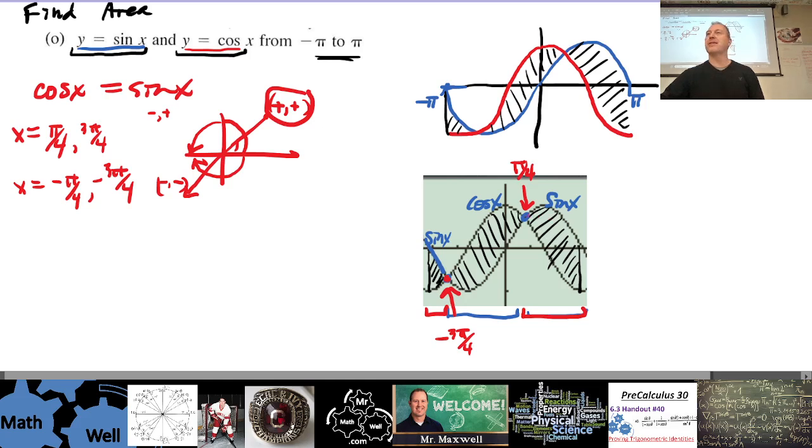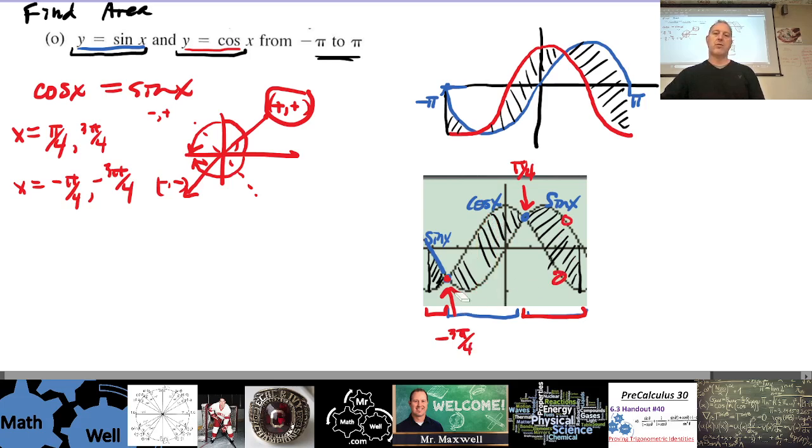That's pi over 4 right there. And they're also the same in this third quadrant, negative, right? So that's why you don't see any intersection point here at negative pi over 4, right? There's no intersection there because they're not the same. One's positive, one's negative. And you don't see any intersection point here because that's over here, and one's positive, one's negative. So they're only the same